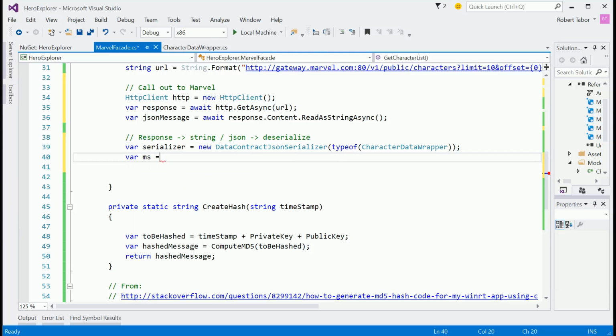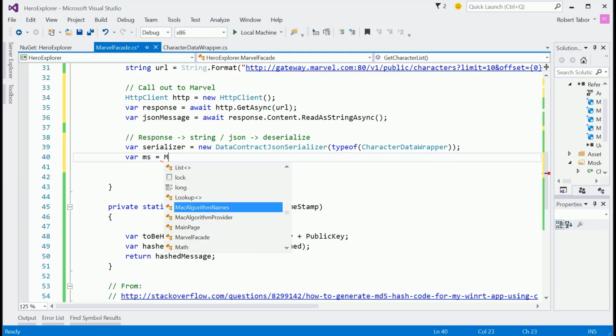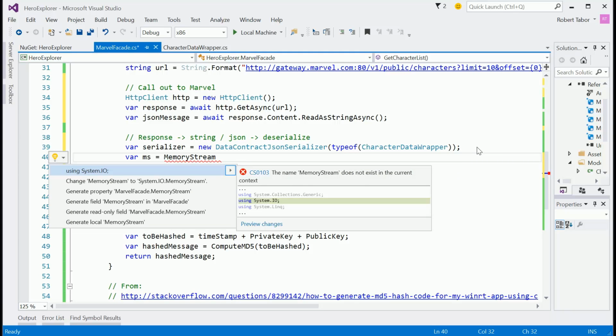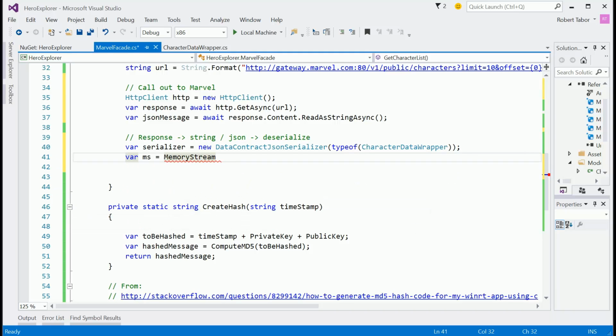So, MS for memory stream. Let's make sure we add the using statement for that, System.IO. And the idea here is that we're going to pile a bunch of stuff in a memory stream, and the memory stream will sit there holding on to stuff, and then we'll give it to the serializer. The serializer will suck all the stuff out of that straw, and it will deserialize it and give it back